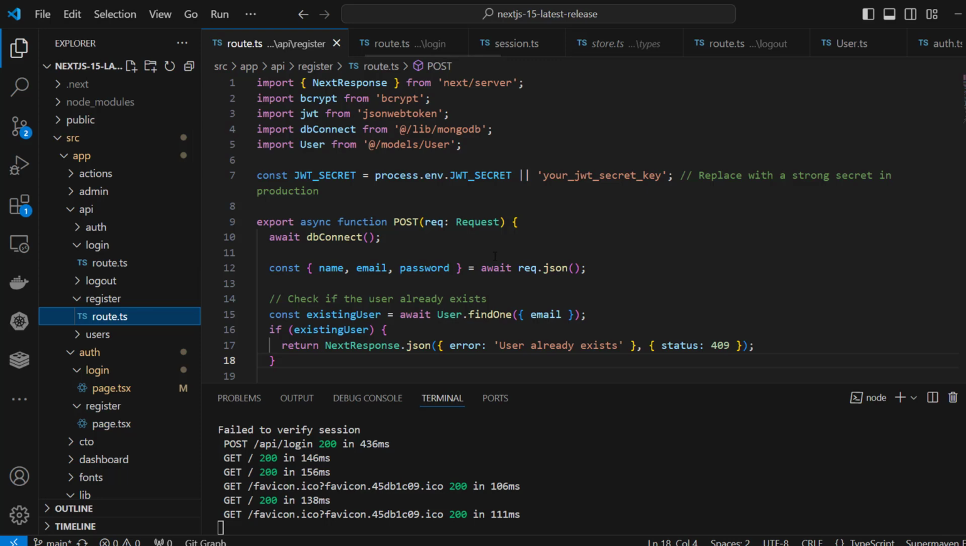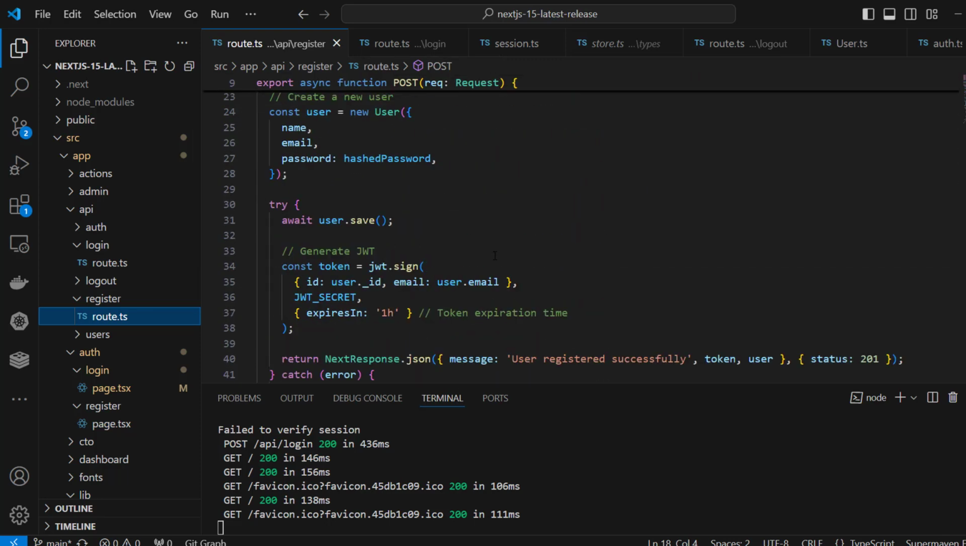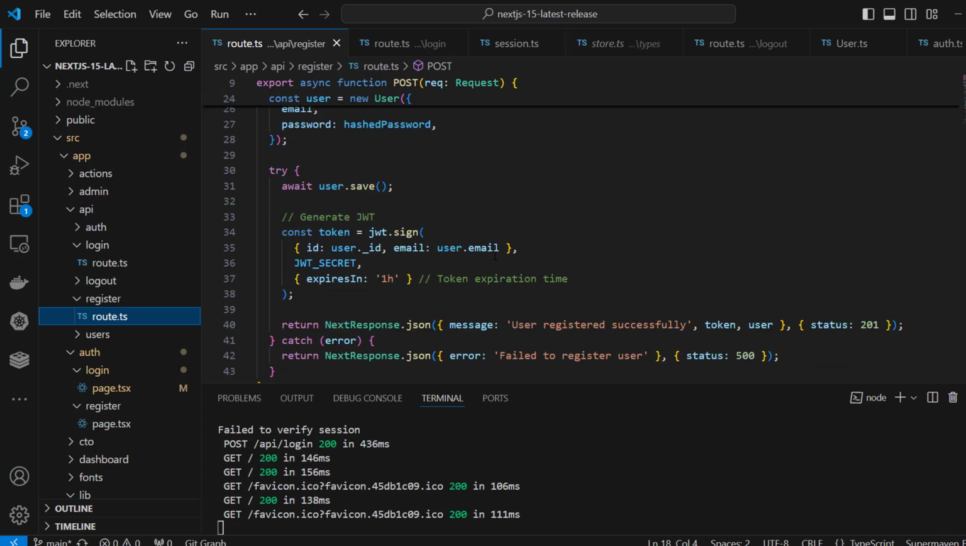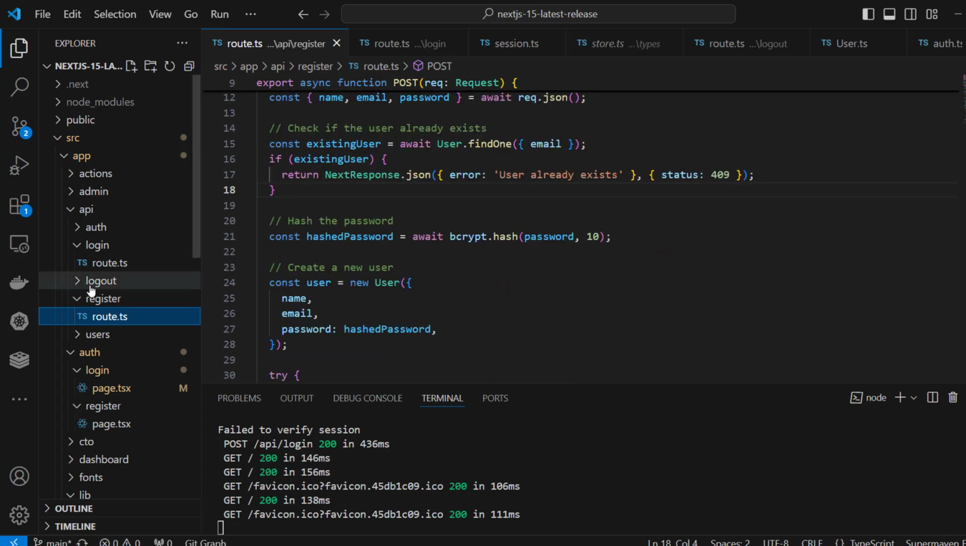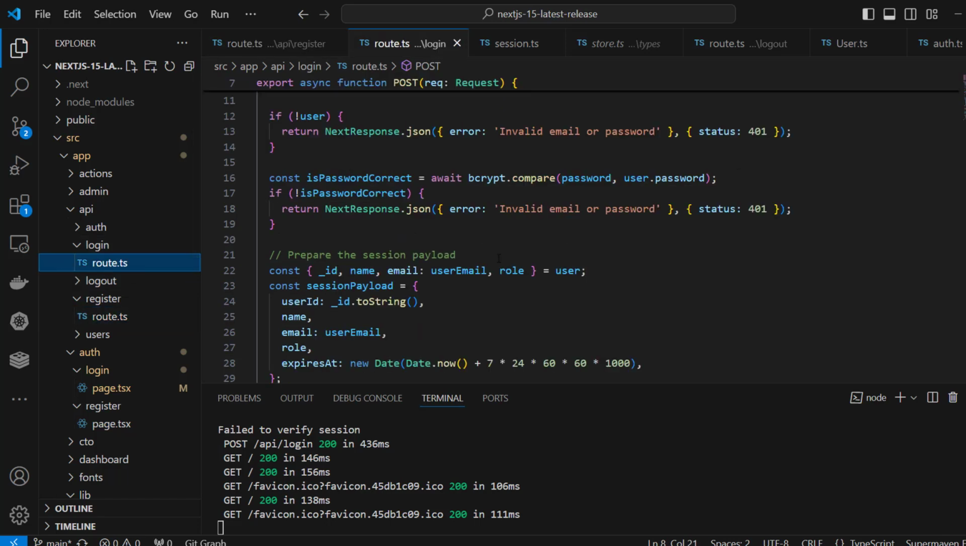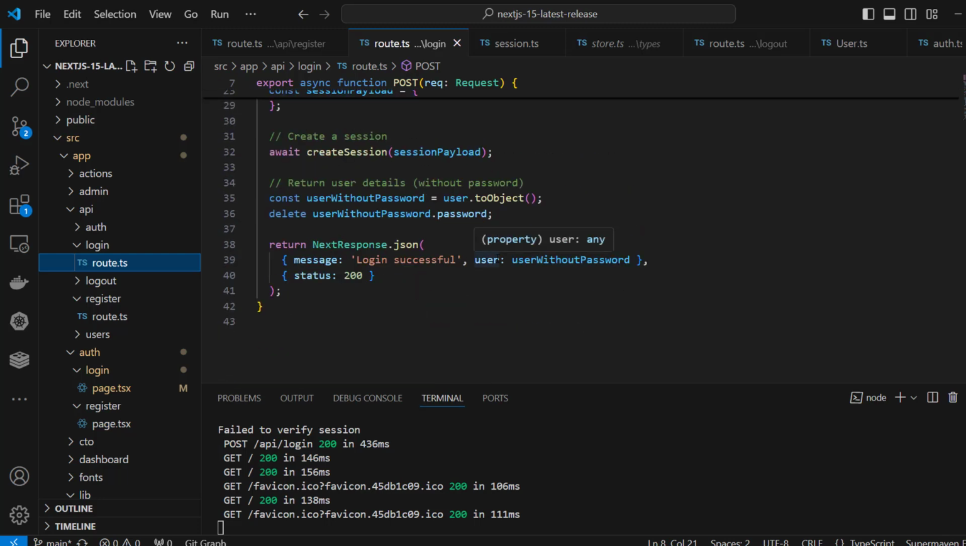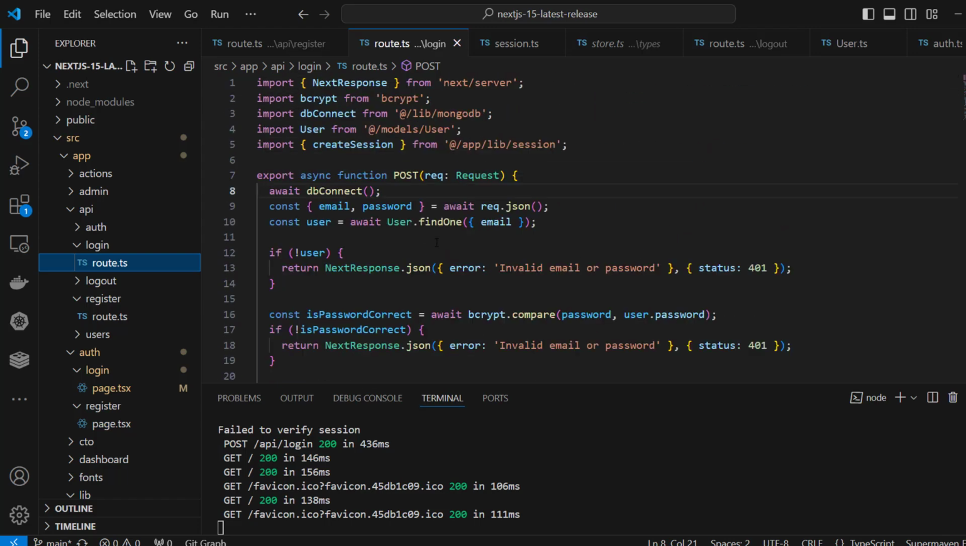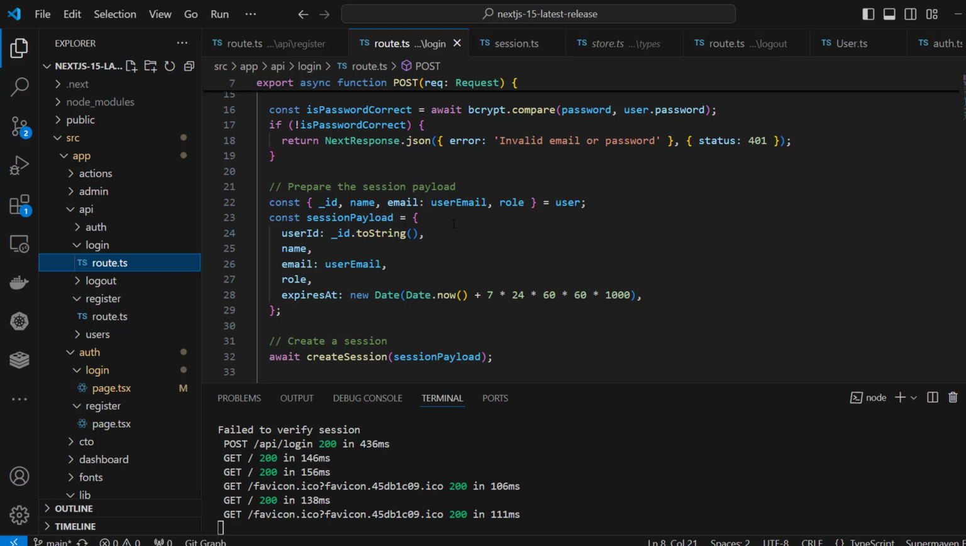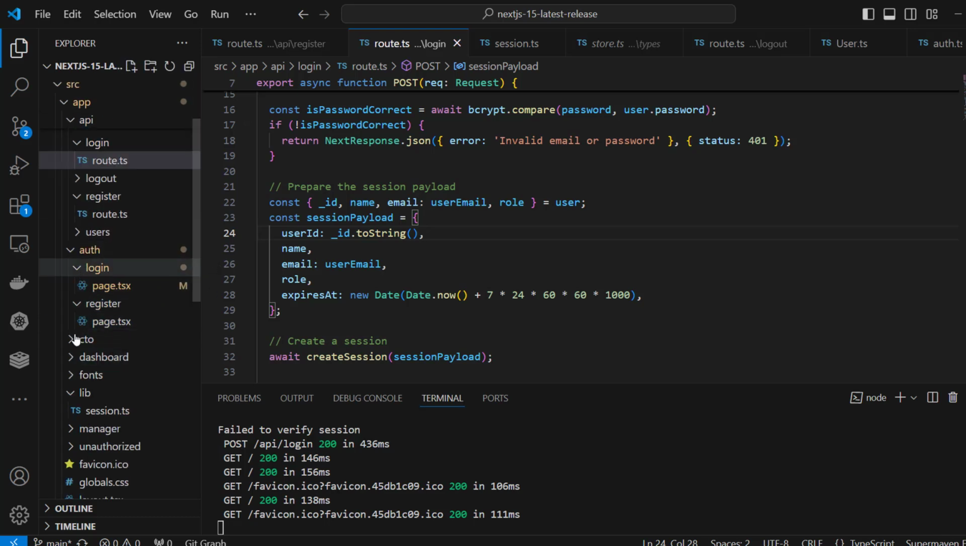Let's see register. We are setting session from here. This is the session payload. So session is set from here. So we are getting session and local storage, two things. One is helping us to persist the data, and the other is checking session-based authentication. So we are sending data from here, and not only that, we are updating our reducer,